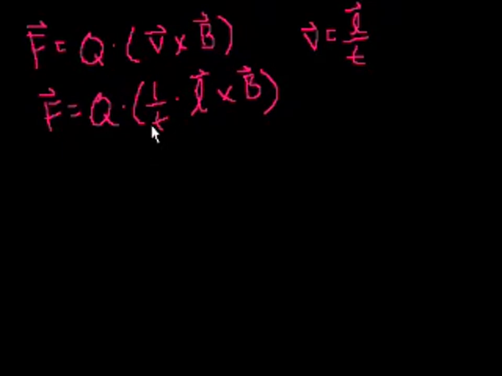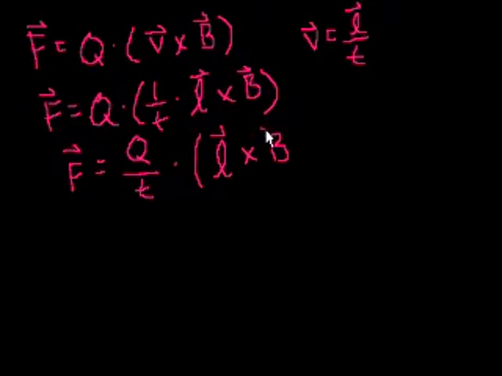And this is a scalar quantity, at least for our purposes. Time only has a magnitude. Maybe we could call it change in time, but it doesn't have a direction. We're not going at an angle in time. So we could take the scalar quantity out. It doesn't affect this vector cross product. So what we get left with is force is equal to charge per time times, and this is just a regular times because this is just a number, it's not a vector, the cross product of the distance vector